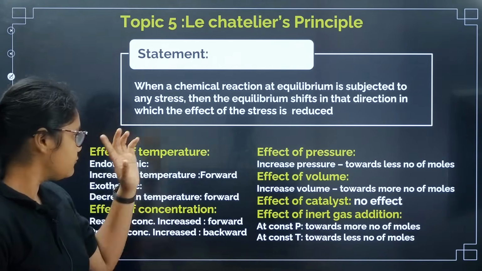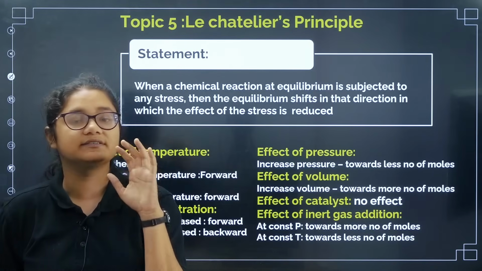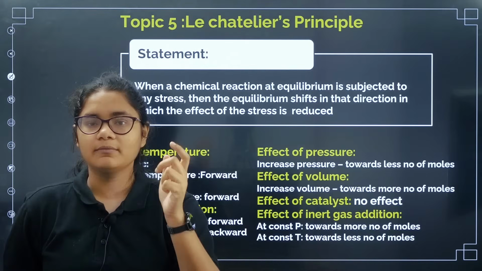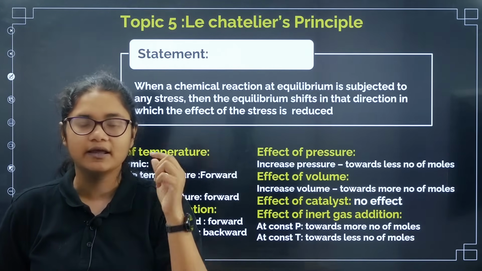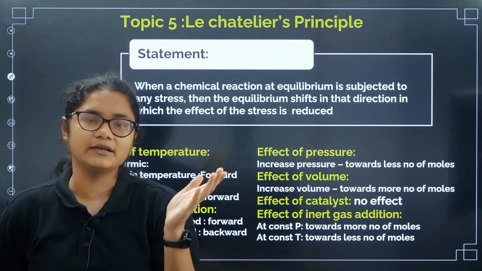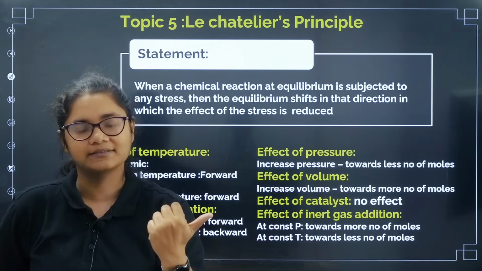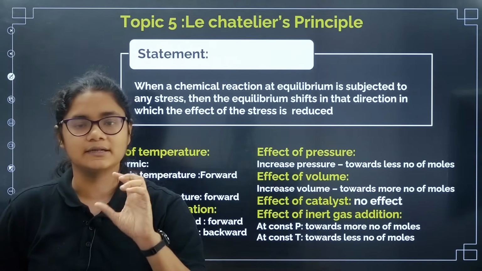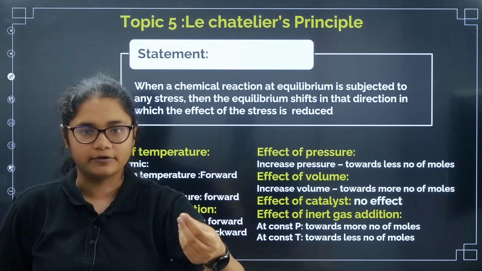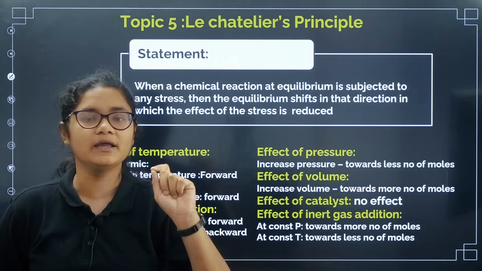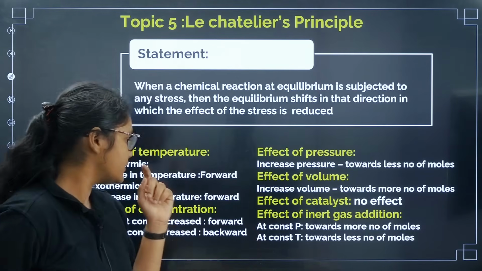Okay. So, now if you want to disturb the equilibrium, which has a forward direction and a backward direction, it will adjust itself. Okay, it will either go more in the forward or less in the backward. It will adjust itself so that the change that you have introduced will be neutralized or cancelled. Now, for that you have to remember,